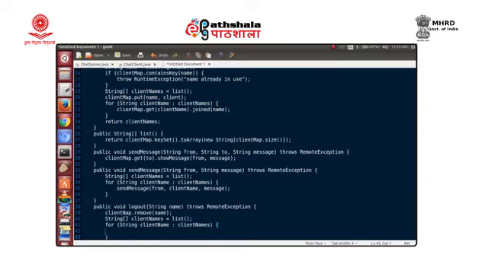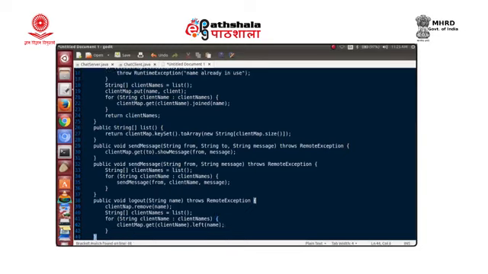So we have client map dot get, we need to get the client object corresponding to the client name, and then invoke the method called left. So we are indicating to this client that so and so name has left.